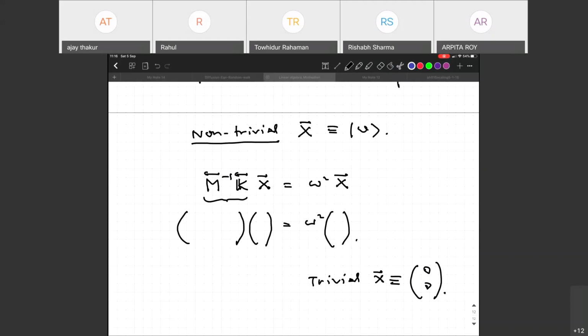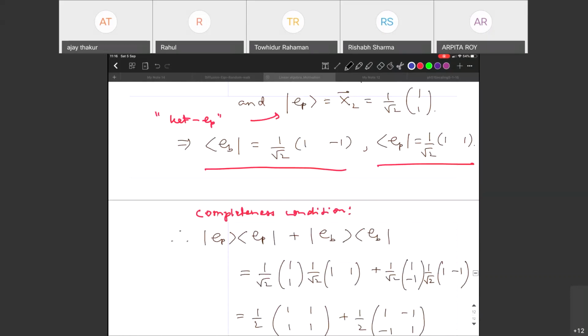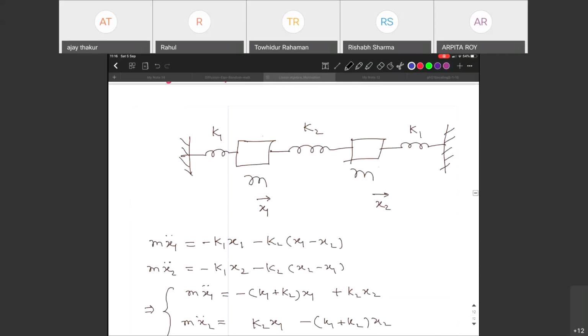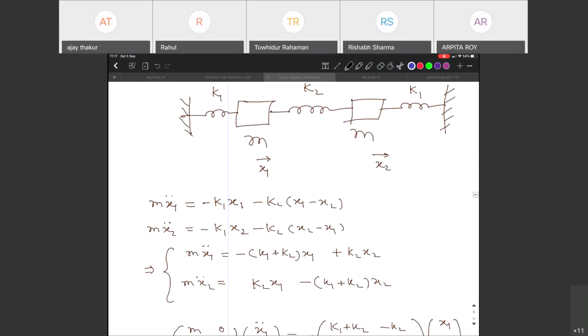Right. True. So trivial solutions means basically a null vector, or 0, right? 0 multiplied to anything is 0, so it will always satisfy the equation, but that's of no use, right? So if we say x is 0, 0, that means there is no motion at all. It's the trivial scenario of rest. x1 is 0, x2 is 0, so there's no motion, so nothing to be worried about. In that sense, physicists can call it trivial, right? Okay, so I think that is fine.